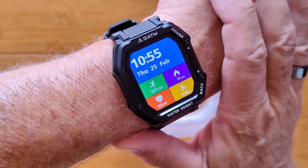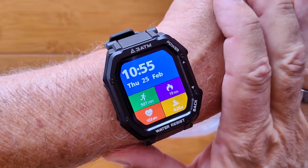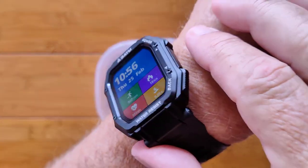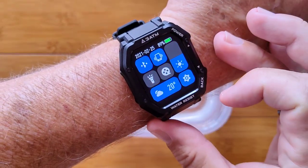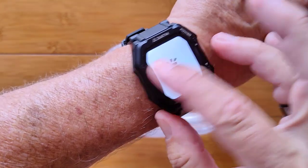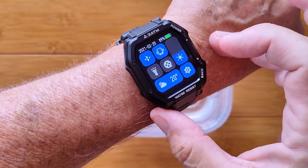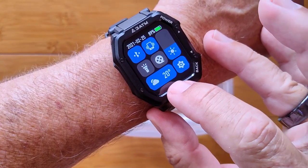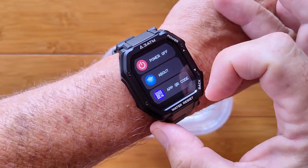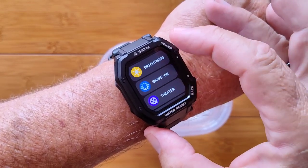This is the Rock. It's a beautiful, hardened, 3-atmosphere, waterproof, swimmable smartwatch. Beautiful, bright, any angle viewable screen, lots of controls, Bluetooth connection, flashlight in here, theater mode for when you're indoors, a lot of brightness capability to this one, weather in whatever city you put in, and of course all of your different settings, including turning it off, your QR code about the watch, resetting it, and these different modes that